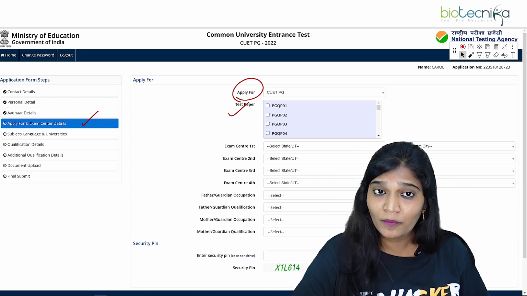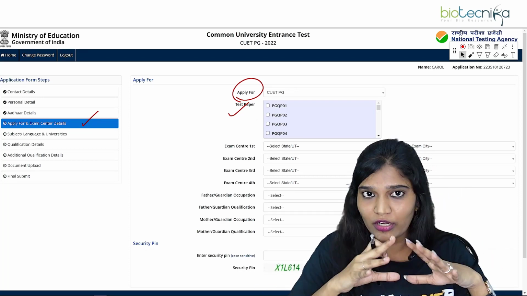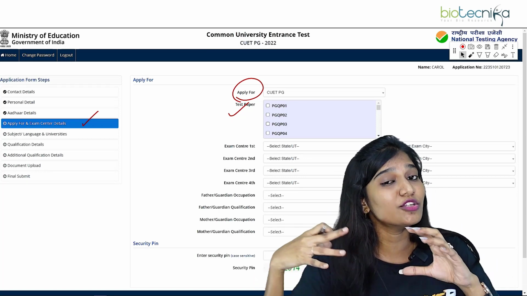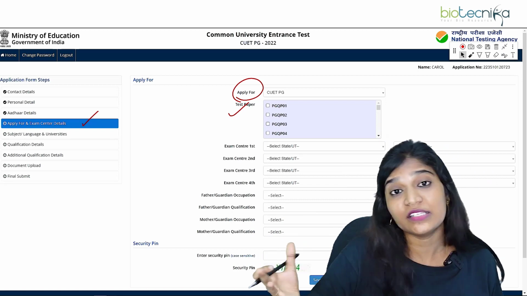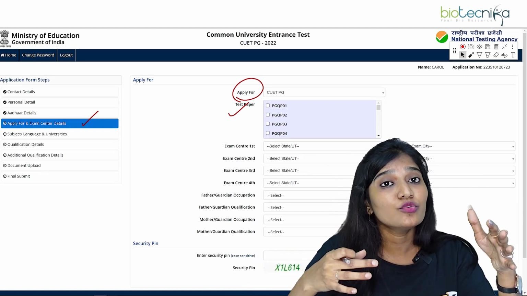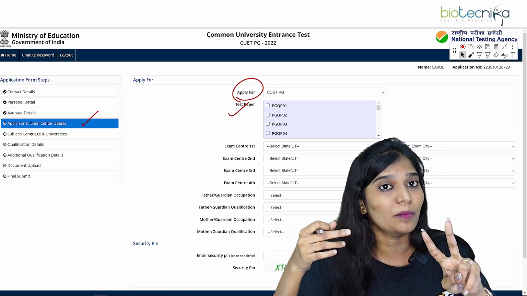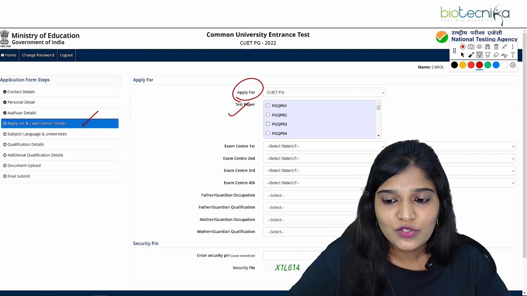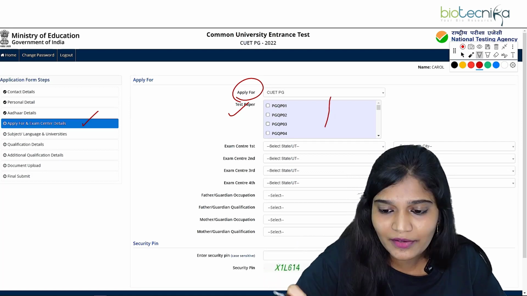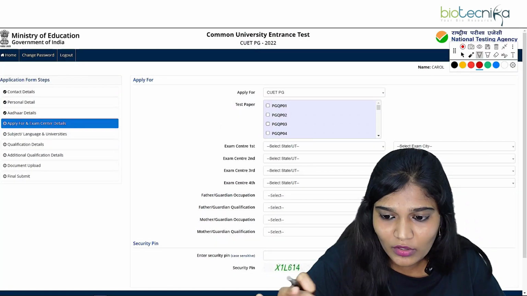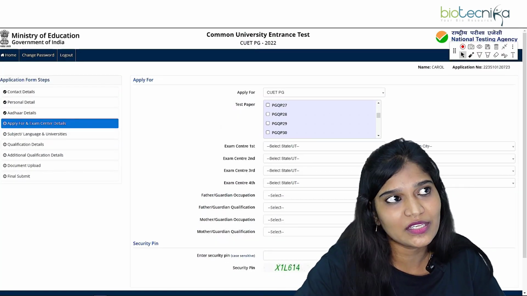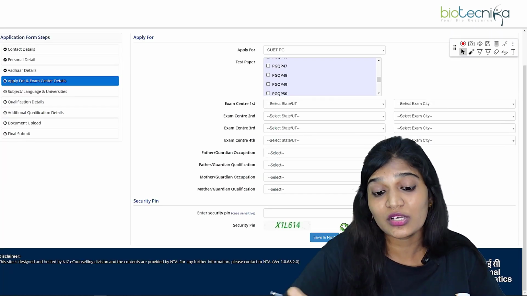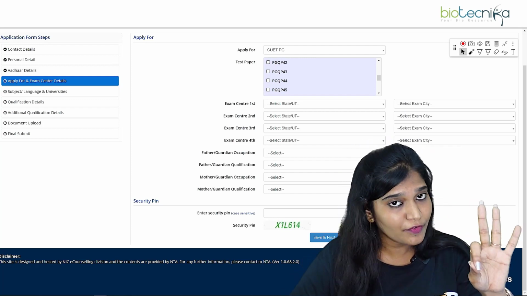So let's proceed. Suppose I want to study biotechnology in one university, and I also want to study food science in another university, and I also want to attend some other course like forensic science, let's say. At that time I have to choose one paper and 2 extra papers. So let's check what we can do here. Okay, the test paper is given here, PGQ from here, and they have also given all the paper codes over here. So you can literally see it. I'm going to choose however many subjects I want to write. I told you, if you choose 3 subjects,